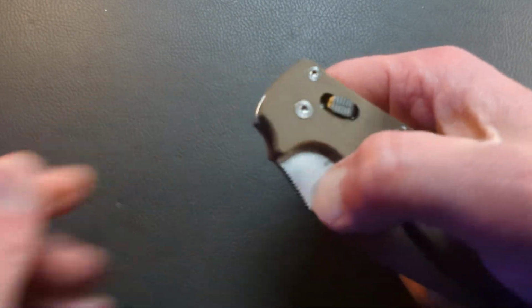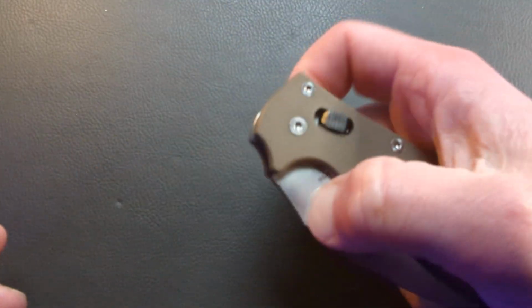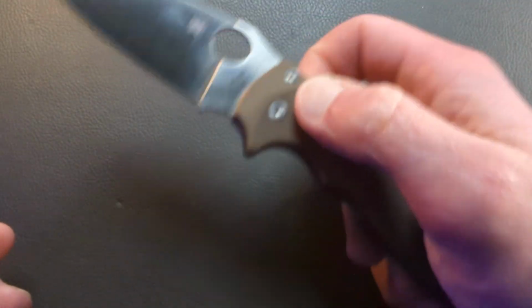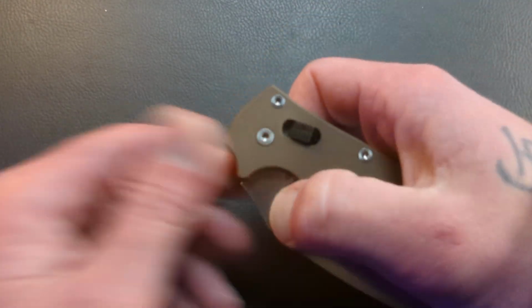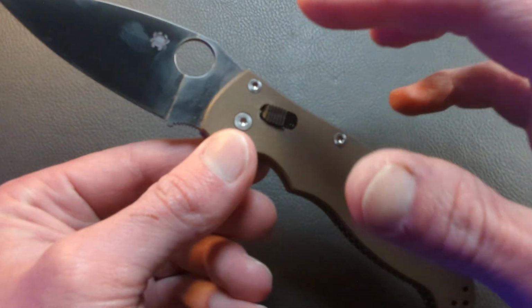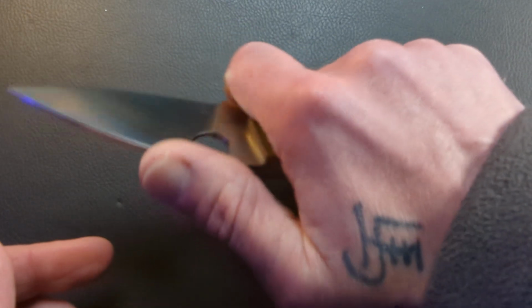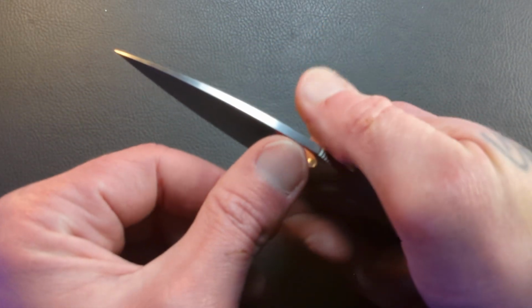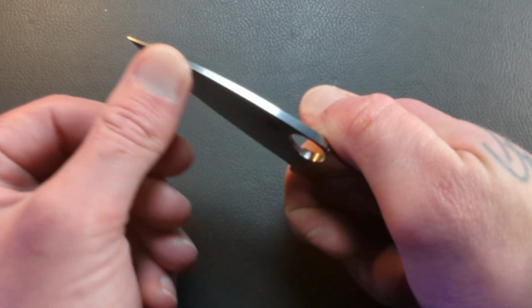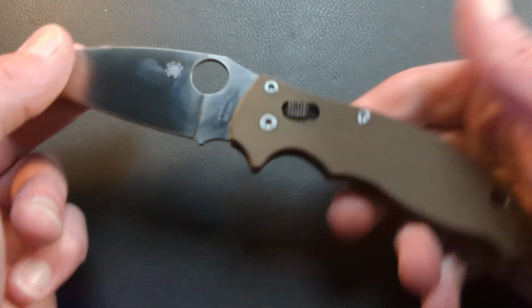Now, get rid of these shitty plastic tabs and put aluminum there or anything but plastic, G10 even, but preferably aluminum. They are grippy, but they absolutely suck. And that's why there's an aftermarket for these tabs in a bunch of different materials. But the thing about this knife is you have that extremely strong lock, very comfortable ergonomics on this guy all the way around. It has a decent blade stock to it for a little bit harder use, and then it comes down nice and thin, this full flat ground blade. Just a great knife,